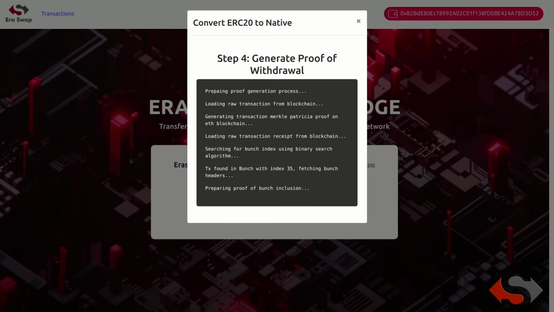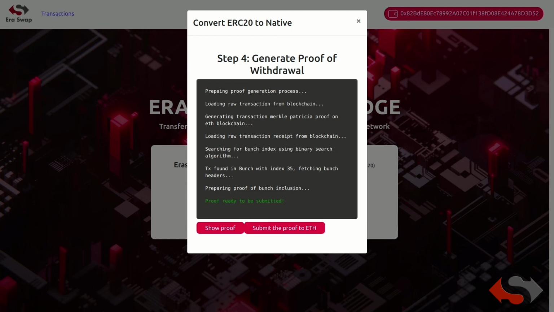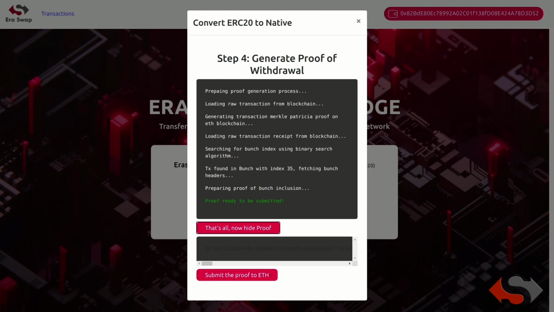This process will generate the proof for withdrawal from Eraswap native to ERC20 tokens. So now we have generated the proof of withdrawal. Let's see the proof that is to be submitted to Ethereum network.